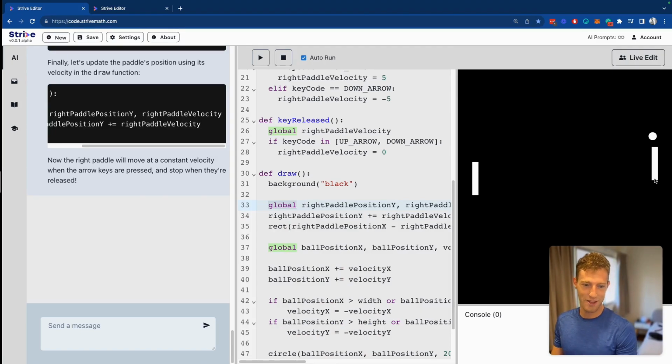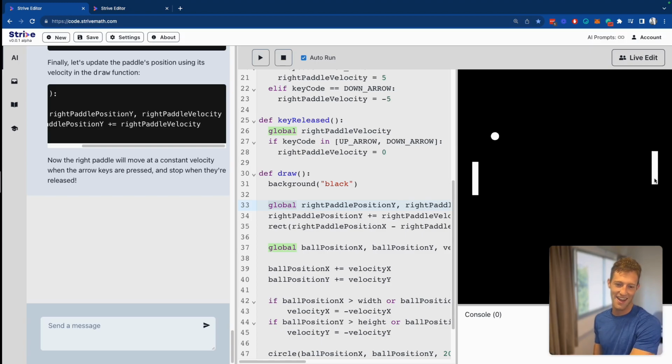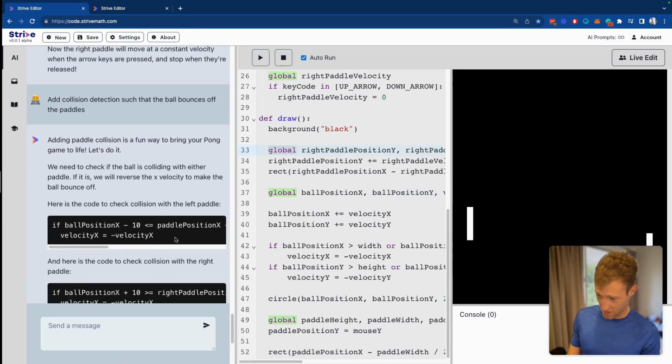Okay. There we go. That's looking much better. Now we have a smooth moving paddle on the right-hand side. Okay, keep going. We're nearly there. Okay, so it's given us some code